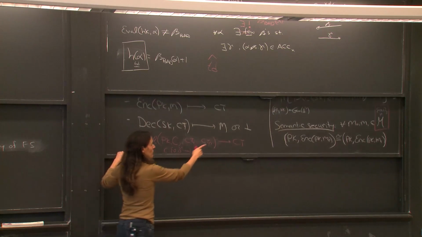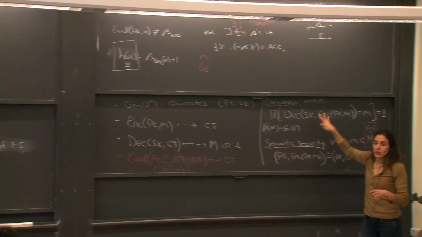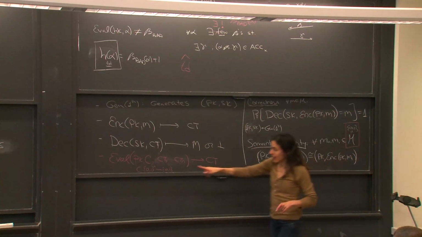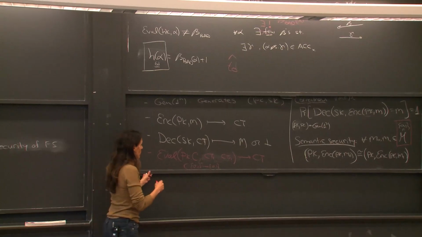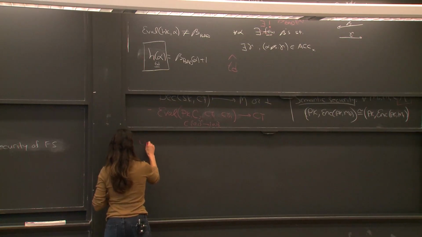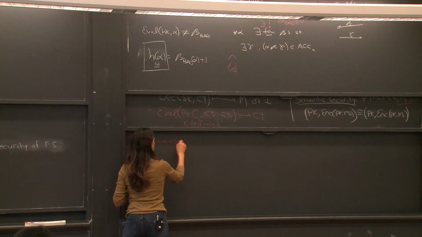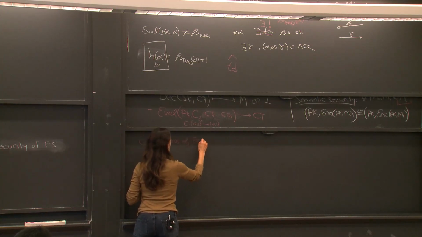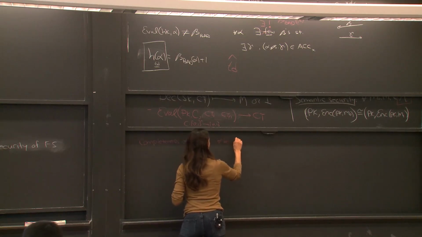I wrote the completeness property where all you do is decrypt. If you encrypt and decrypt, you get back the message. The Eval also has a completeness property, which essentially says, so let me just write it down. Completeness of Eval: it says that for every B1 up to Bn,